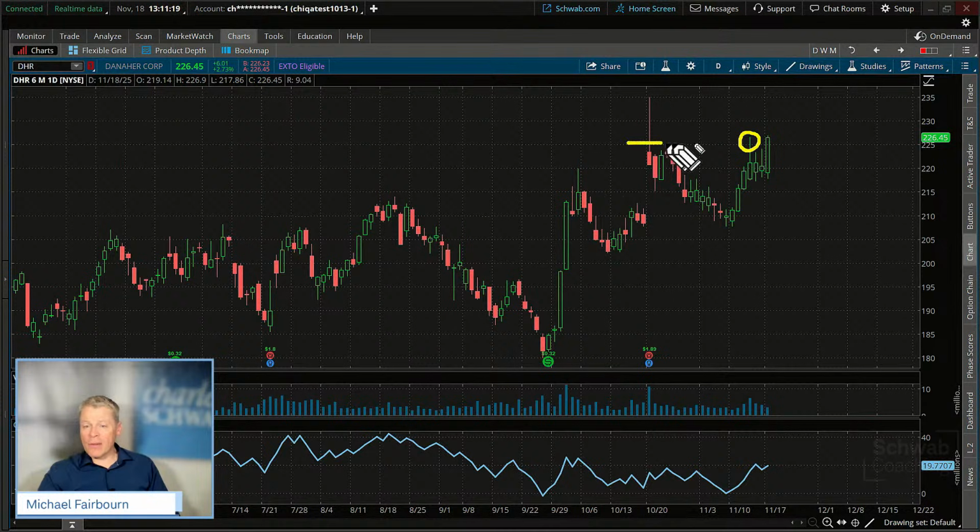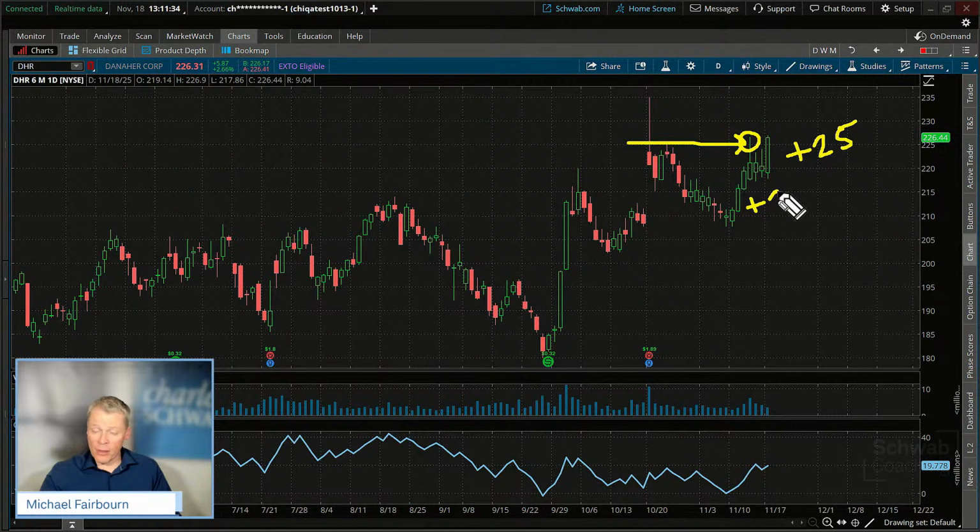We said we would add to this position if it was showing some strength right here. And we might add the additional, we just did a small position. It's kind of an expensive stock, but there'd be an additional 25 shares. That was our first 25 shares. It was a plus 25 right there in our paper money account. The second one right here, you're getting a good bar. I would say this, the volume's a little bit weak. And because of that, volume. Okay, so that's kind of the entry.